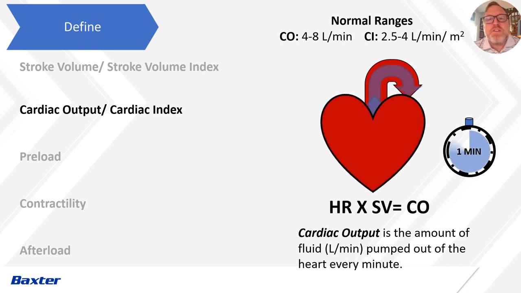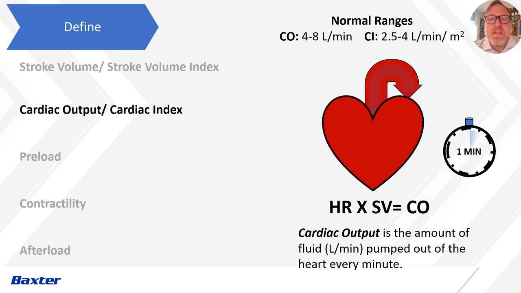So normal ranges of a cardiac output is 4 to 8 liters, but if we want to individualize that number very well, we can go to cardiac index, which is 2.5 to 4 liters per minute per meter squared. And that's just factoring in body surface area again. Now, one thing I always try to ask